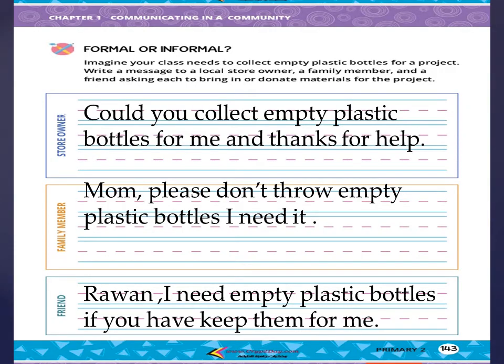Okay, open your book page number 143. دوت عبارة عن situation موقف. تعالوا نشوف ايه اللي مطلوب مننا and how we can use formal way and informal way to write a message. Okay, what is the situation? Imagine your class